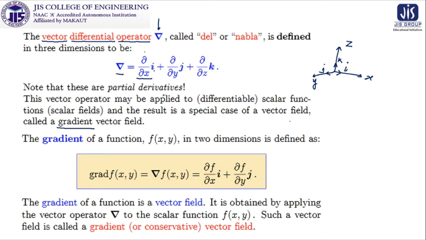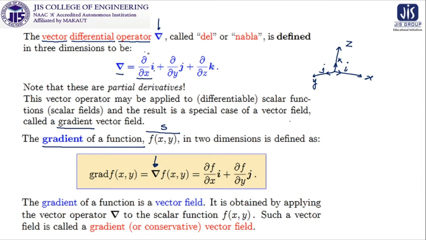But from the definition, if we now come down to two dimensions, then what is the gradient? If I talk about only gradient, it will not be good. It will be better to say the gradient of a function. What type of function? f of x y. That means it is a scalar function. Clear? And we are taking it as two dimensions. So the gradient of f of x y is defined as del on f of x y. Now this del contains i j components and this f of x y.